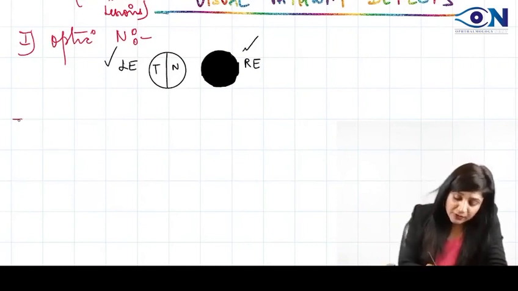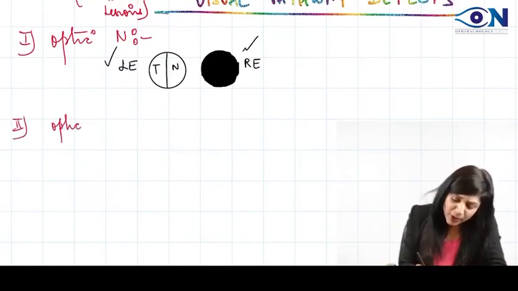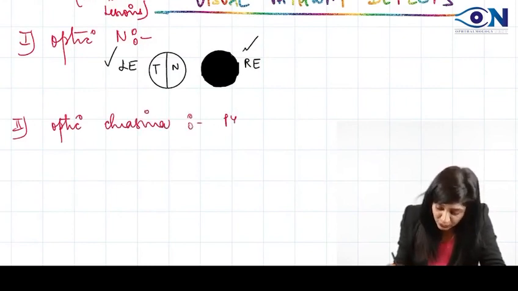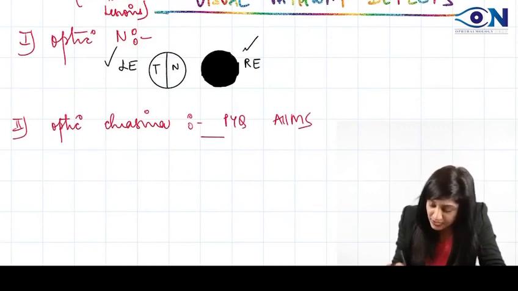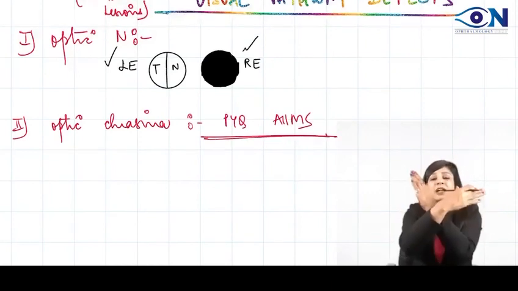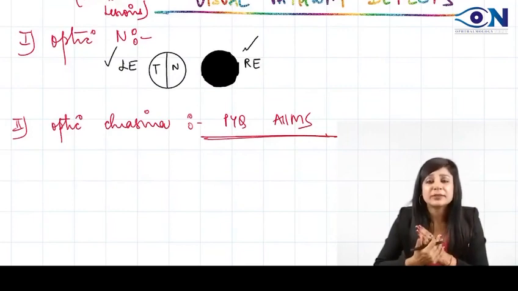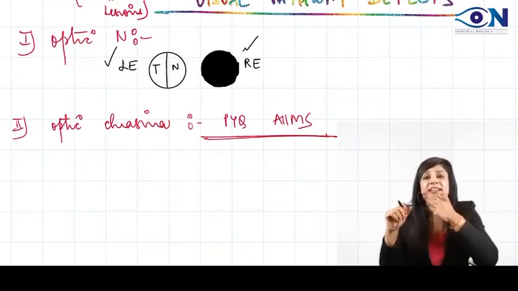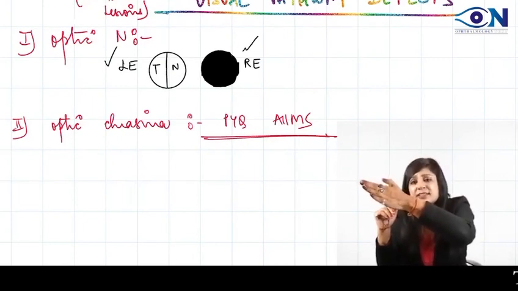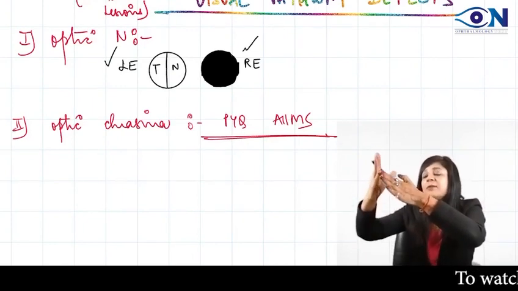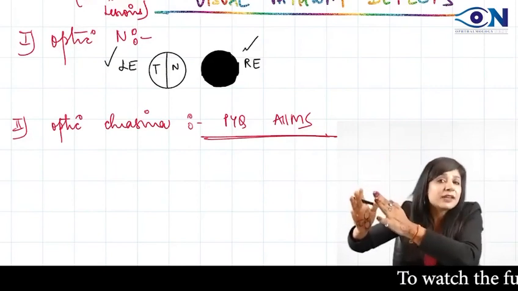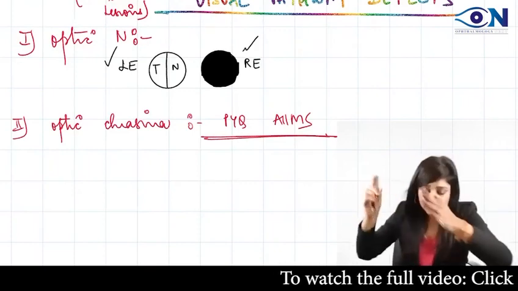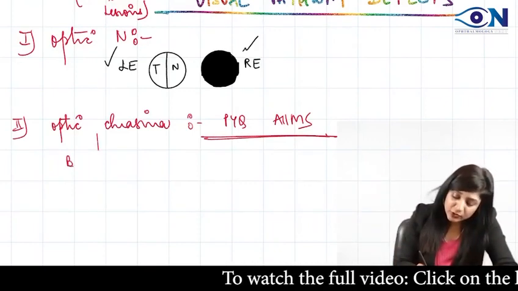Now the second one, whenever we are having lesions of the optic chiasma, watch this very carefully. I think this is the most commonly asked PYQ, especially in AIIMS also. Very very important. Now whenever I am saying chiasma, what happens? Nasal fibers are decussating. As I always tell you in the classes, the nasal fibers will be coming from the opposite side and the temporal fibers will remain on the same side. So in the optic tract of any side, you will have same side temporal fibers and opposite side nasal fibers. So if it is optic chiasma, what is going to be affected?